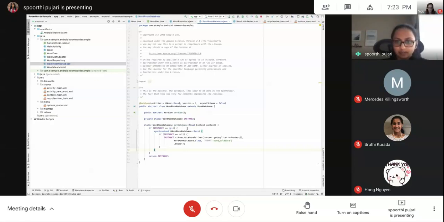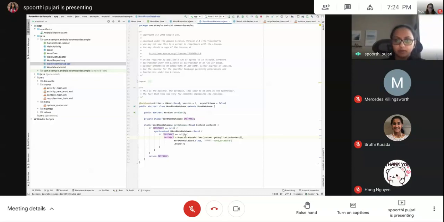So we're creating a synchronized block, and only one thread at a time will enter it. And then we're checking again if this instance is created, in case some other thread has created an instance between one thread entering this. If we already have an instance, we return it. If we don't have, we're going to create a new database like so, and then we're going to return that instance.